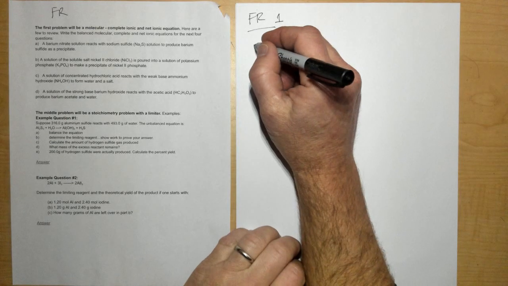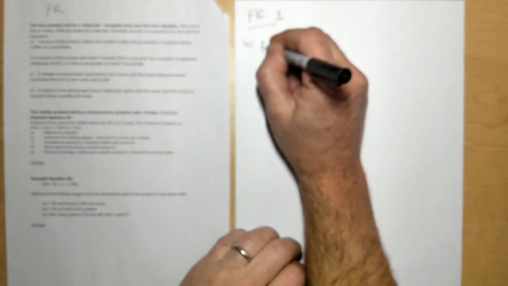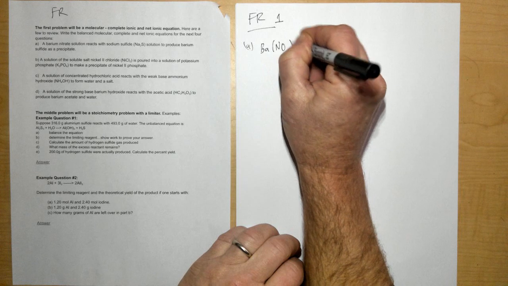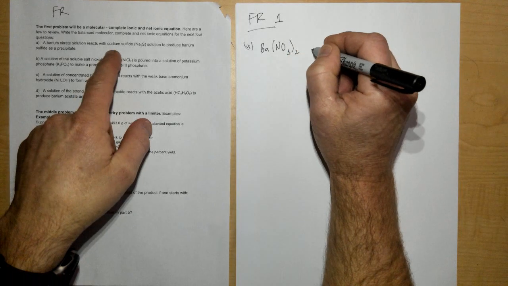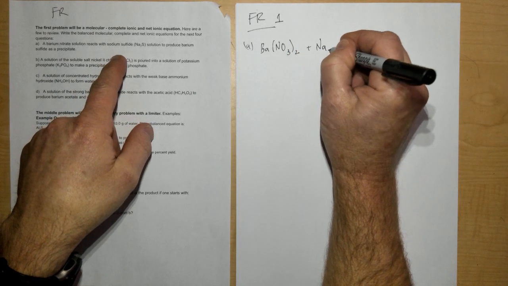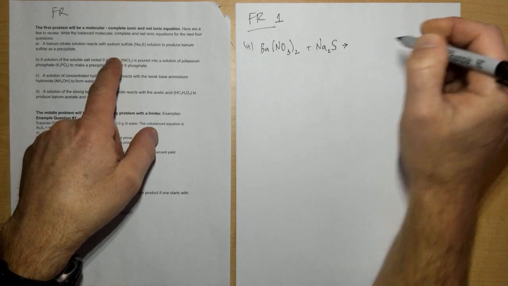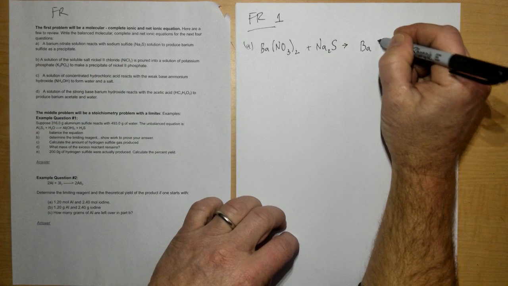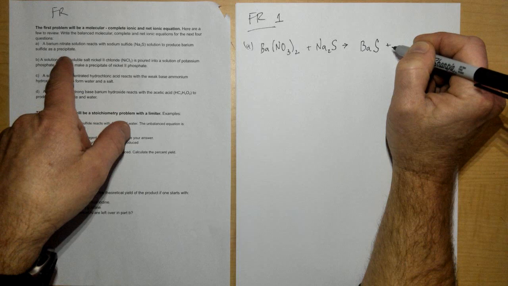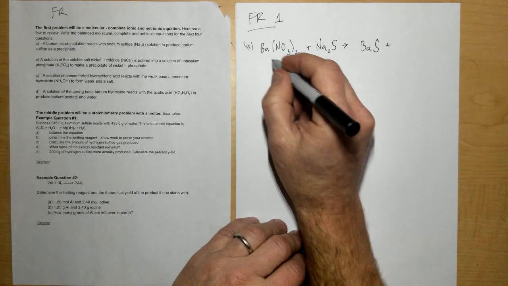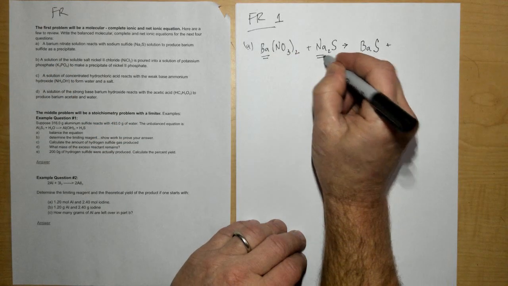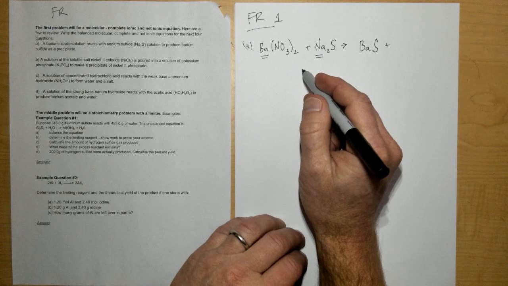Okay, so this is the free response test practice. Letter A: barium nitrate solution reacts with sodium sulfide to produce barium sulfide and sodium nitrate as a precipitate. And so you take the cations, which are always written first in each formula, and then